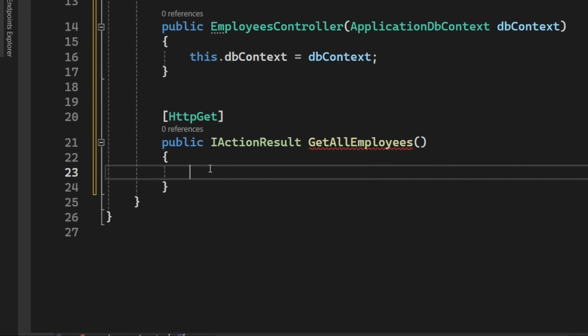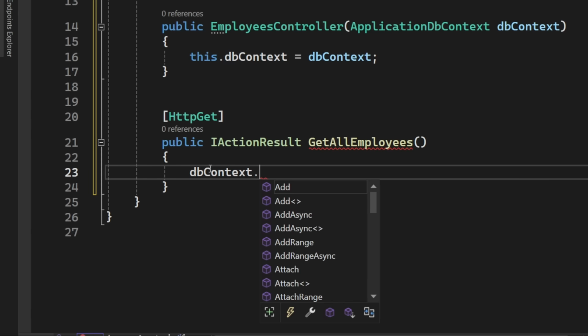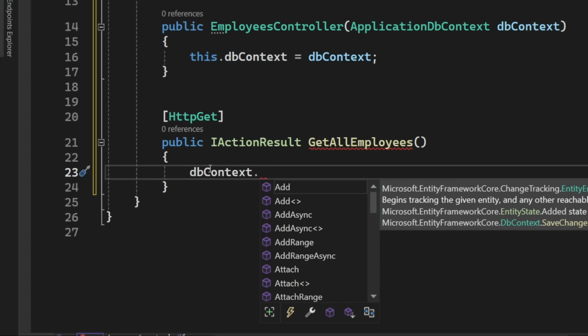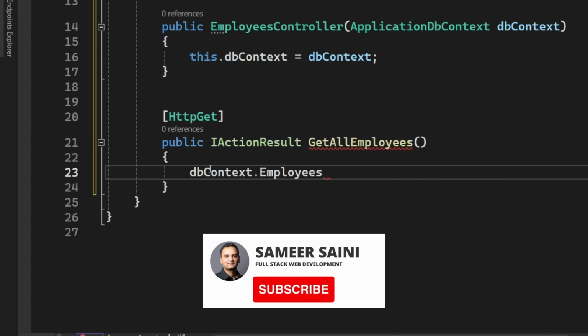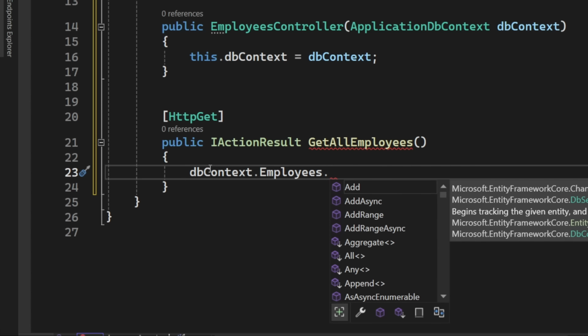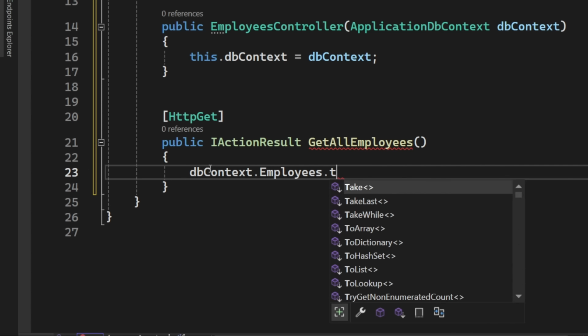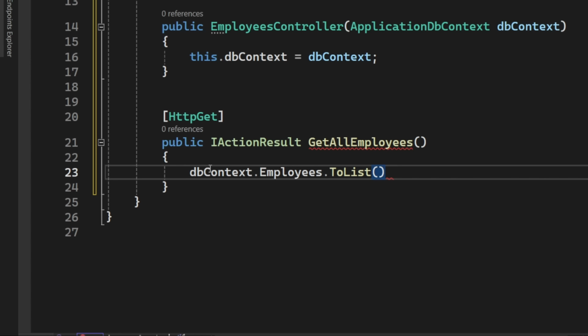So inside the get method, I will say dbContext dot, and once you press dot, it will have all the properties available to you that we have defined in the DBContext. And one of the properties was the Employees property, and you can basically treat this as the employees table. So dbContext.Employees dot, and we want to get all the results back. So we can say dot ToList. And once you have the ToList, we have basically the result. You can put it in a variable, let's say allEmployees, and if I hover over it, you can see